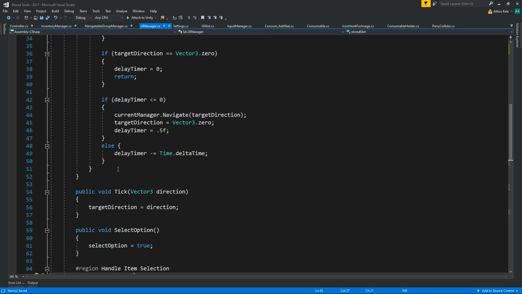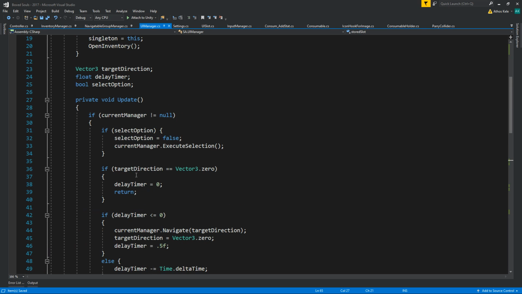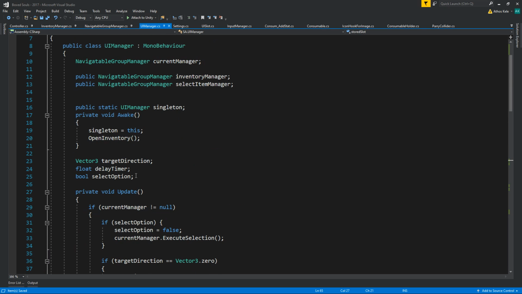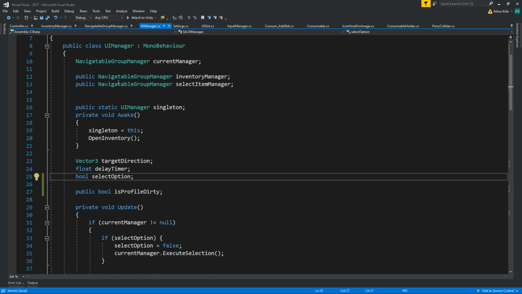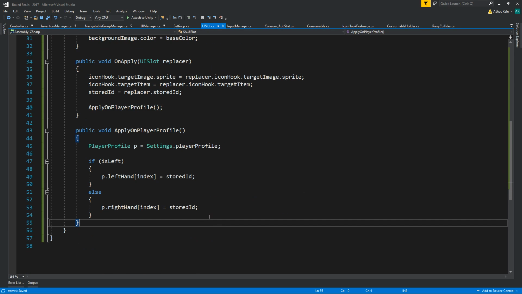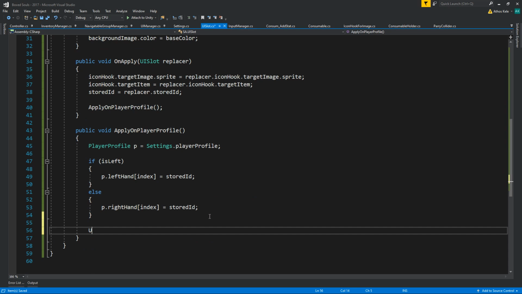Well, the UI manager actually, yeah, okay, now let's really make this the dirty way. That will be to have a public bool is profile dirty method, and we're going to add that inside our UI slot. When we update this, we're going to be saying UI manager singleton dot is profile dirty, set that to true,